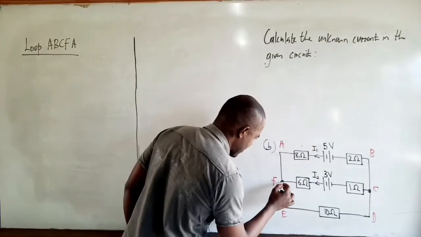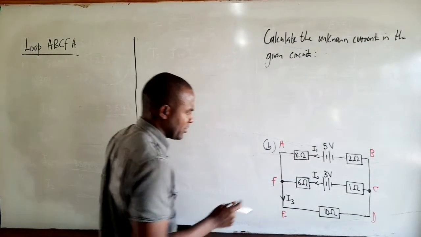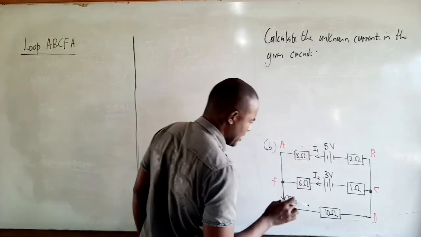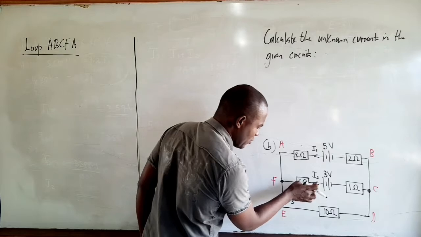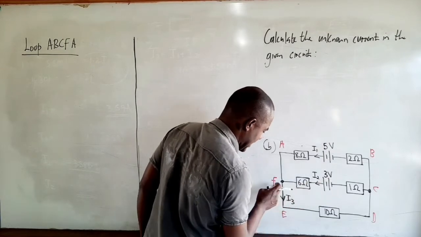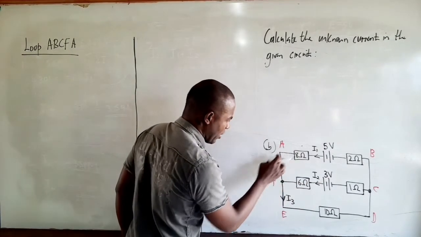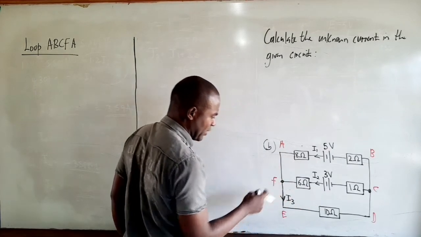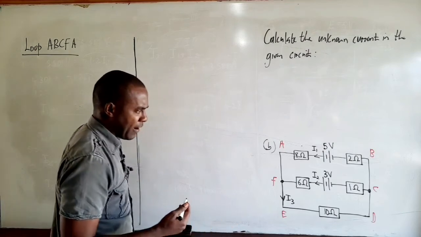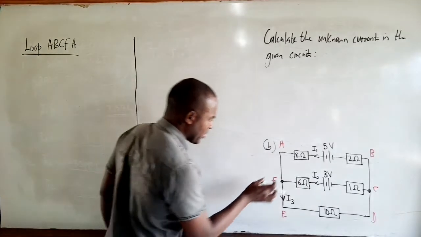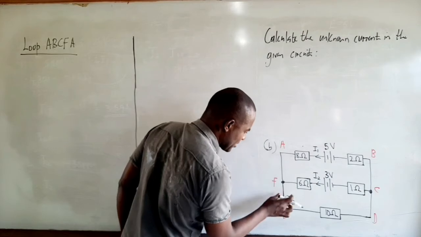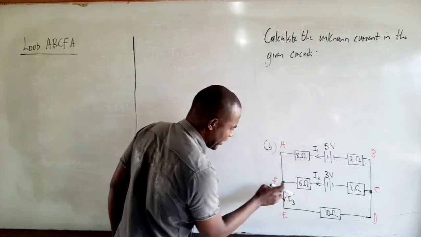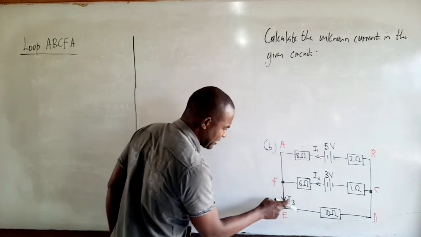According to the diagram, the 5-volt battery is driving a current I1, which flows through this 8-ohm resistor, and it meets the current I2 being driven by the 3-volt battery at the junction F. So I1 is flowing into the junction, and I2 is flowing into junction F as well. Based on Kirchhoff's first law, the sum of the currents flowing into this junction must be equal to the sum of the currents flowing out. So since I1 and I2 are flowing into junction F and I3 is flowing out of